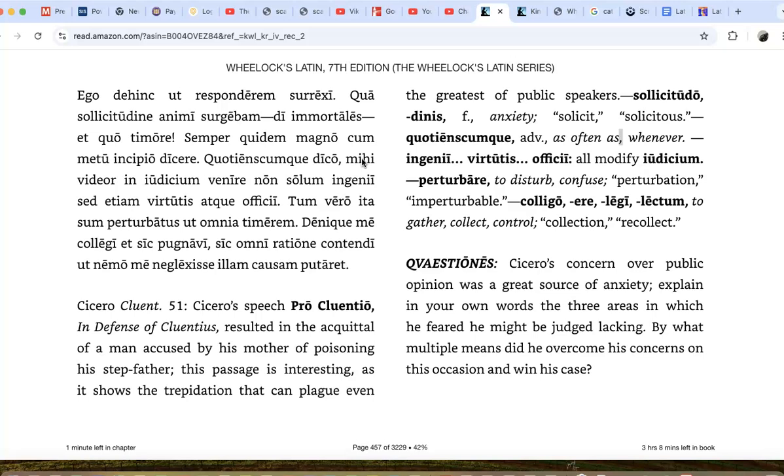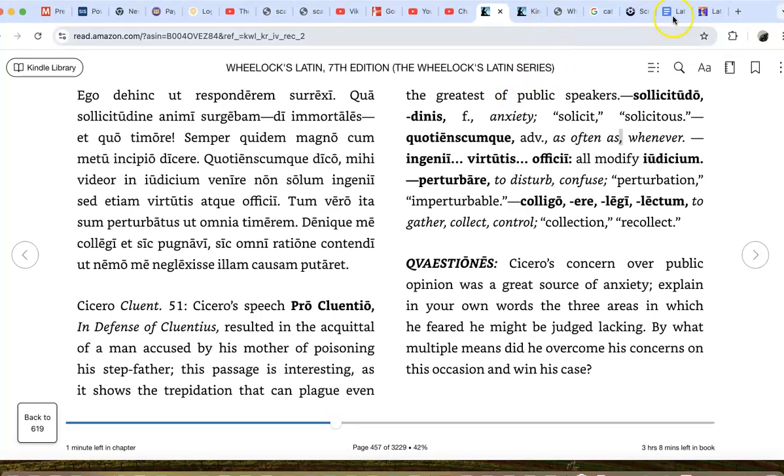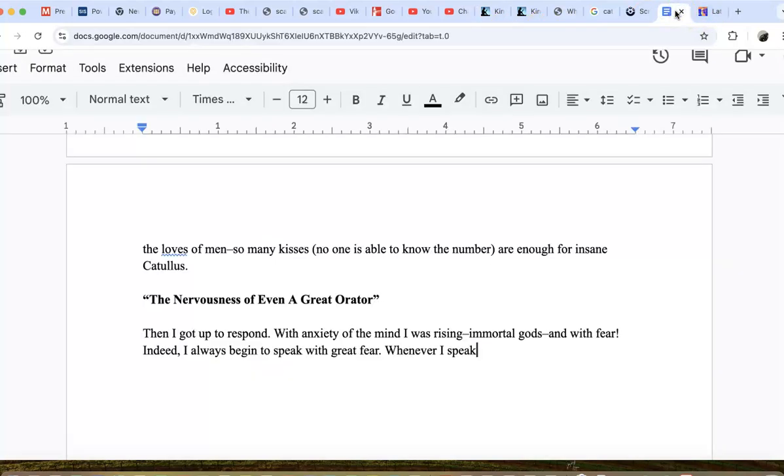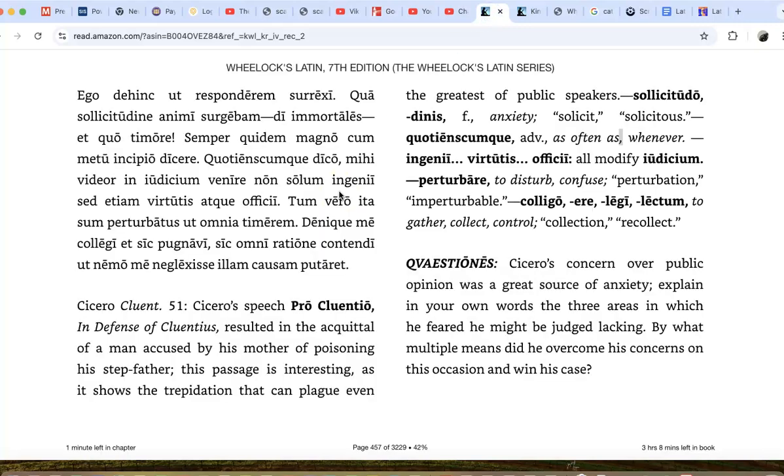We might even say in English, I think, but I'm going to keep it rather literal. It's where we get our word video, of course. It's one of the first verbs in Wheelock's Latin, going back to chapter 1 or 2, I believe. So literally, I seem to me. Literally, I seem to be to me, but I'm going to go with just, I seem to me, and then to come, and then